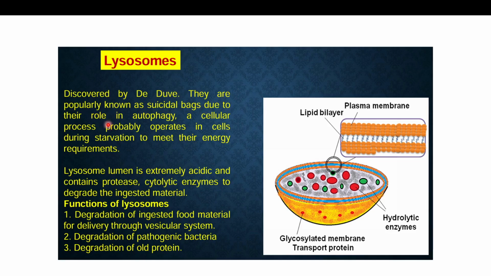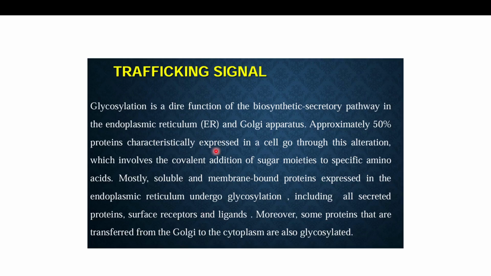They are due to their role in autophagy, where the lumen is extremely acidic. It contains different kinds of enzymes like proteases and cytolytic enzymes to degrade the ingested pathogen. Function is to degrade the ingested food material for delivery through the vesicular system, and degradation of pathogenic bacteria, degradation of some old proteins. So if we talk about the trafficking signal here,